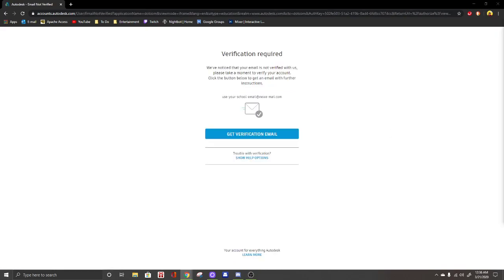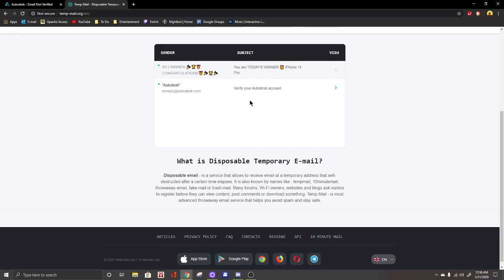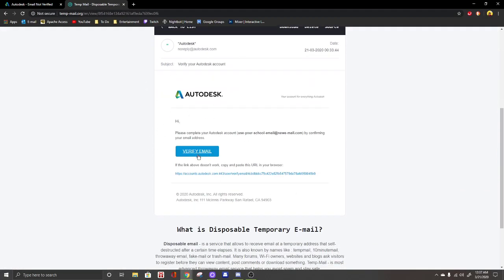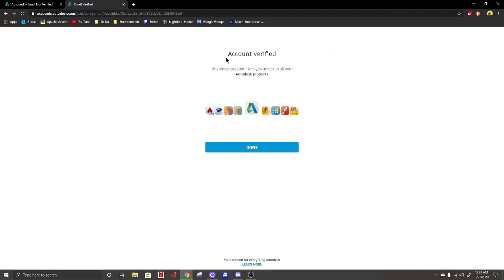Give it a second here. And then it's going to say that you should get a verification email. I have that here, so give me 1 second. This right here is what the email will look like. It'll come from Autodesk. Make sure you check your spam, because it is possible that your junk filter or spam filter may pick it up. But you should get that email almost instantly. So once you do, you'll just click on it, open up the email, and it will look like so. You'll have a big verify email button, and all you need to do is click that. And then you'll get this notification that your account has been verified. So you can just click done,